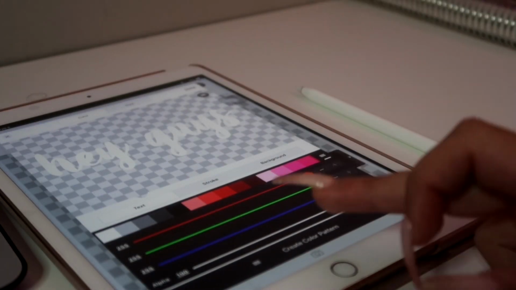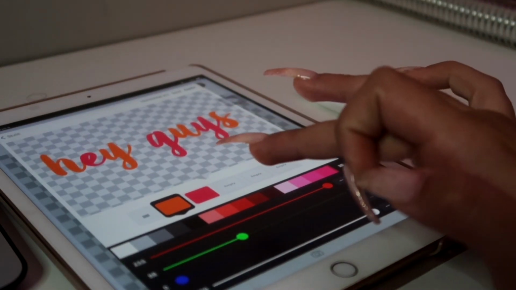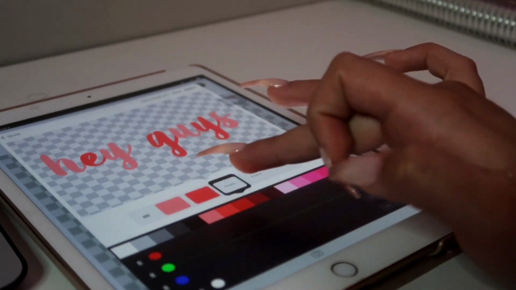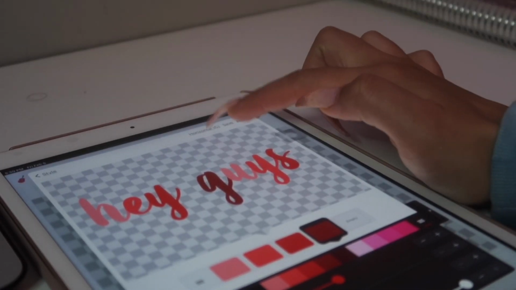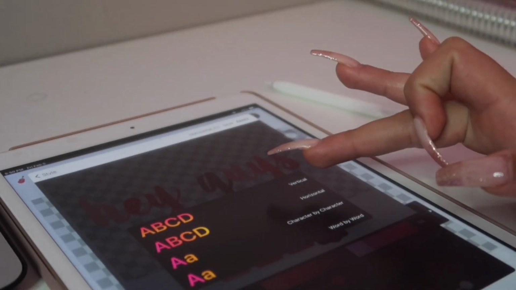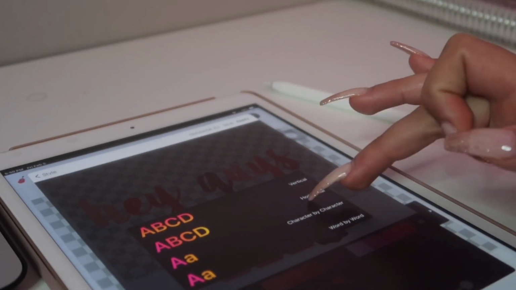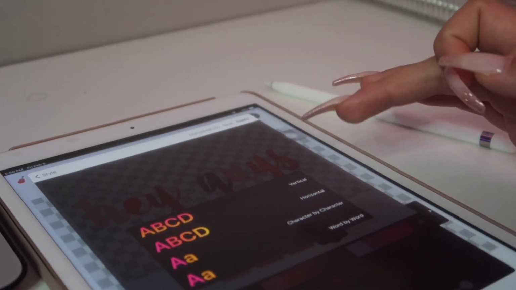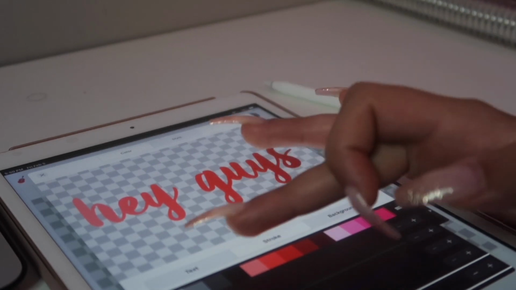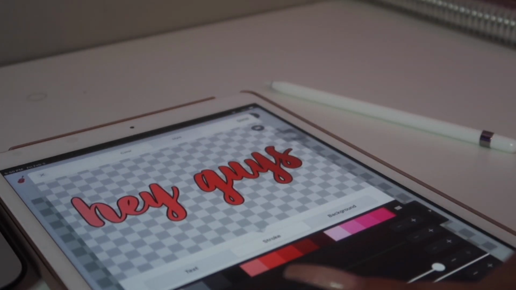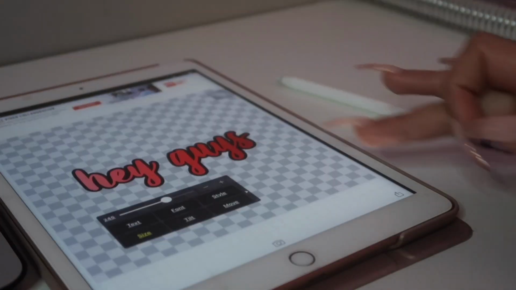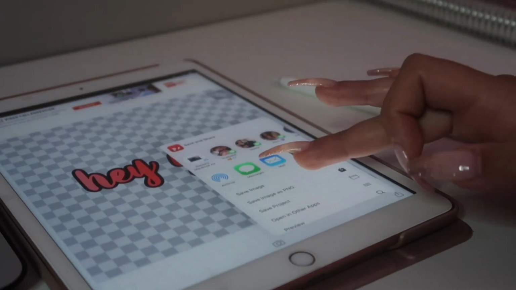So this is the fun part. You can go to create color pattern, and you know how people do really cool ombre text. All right. So you're going to go up here to where it says horizontal. You're going to press it, and then you can choose vertical, horizontal, character by character, or word by word. I'm going to go with horizontal, and then you have this super cute ombre text. You obviously want to do stroke on it because you want to be able to see it. Just make sure it's all on the page, and then you're going to go back to save image